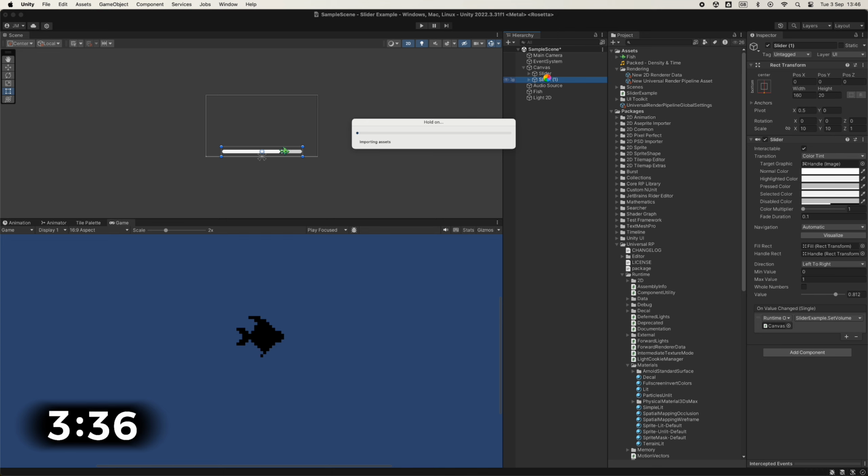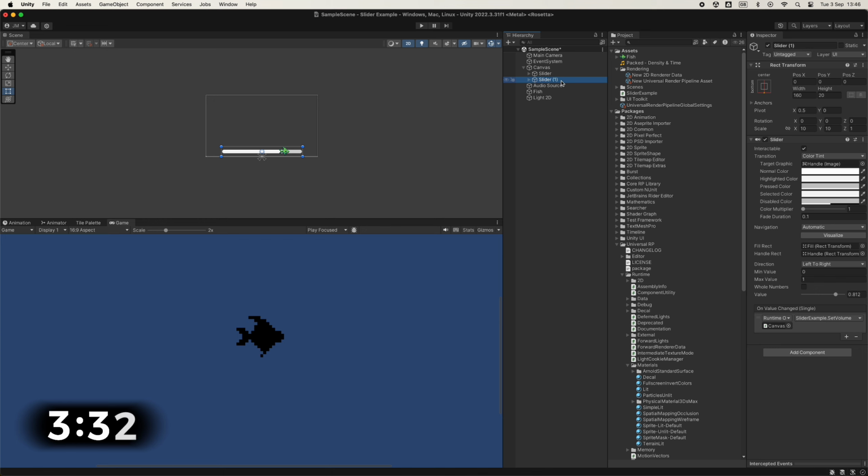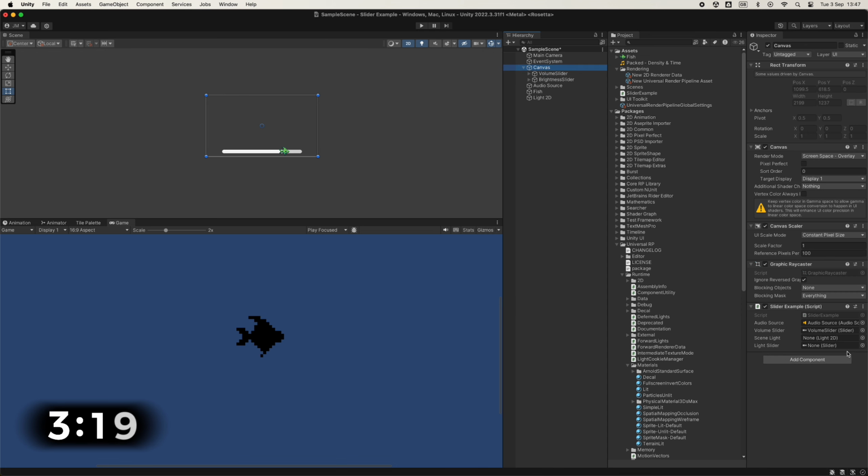And obviously you can use this for a bunch of different things. Sliders are really going to be effective in a big scale commercial game. You can't have a game without sliders, so it's really important to know how to use them. But like I said, we'll duplicate the slider, make one for volume, one for brightness, and then we just need to plug in